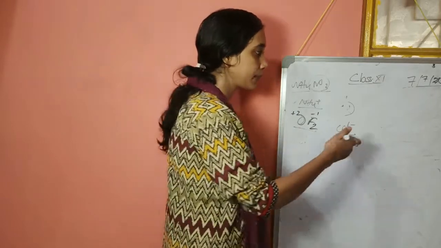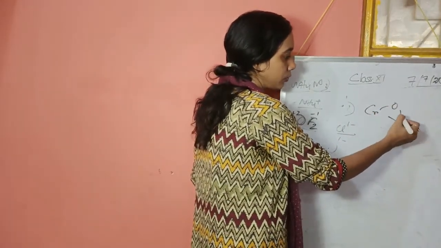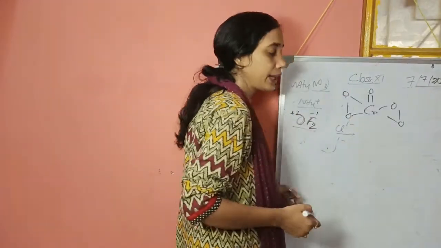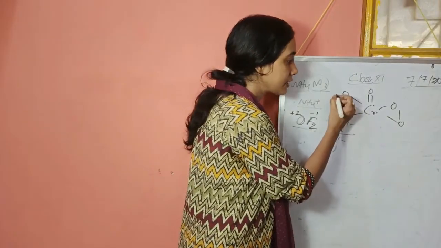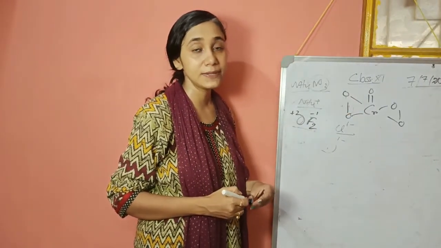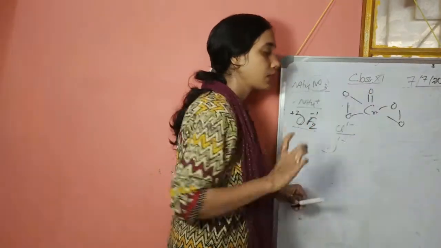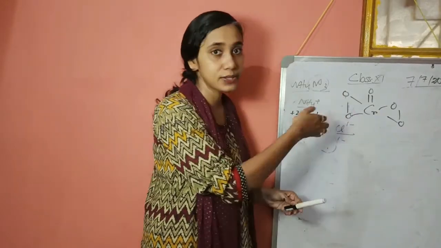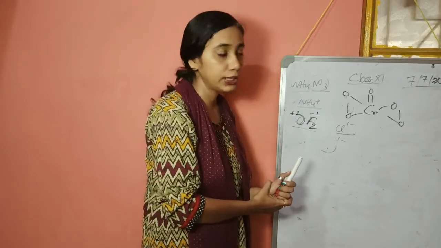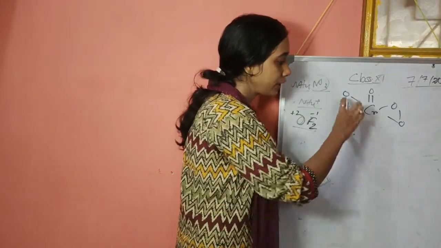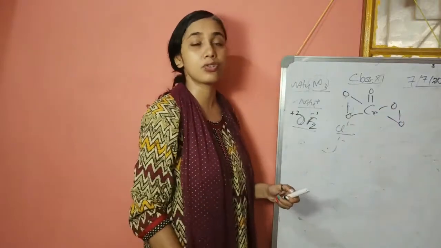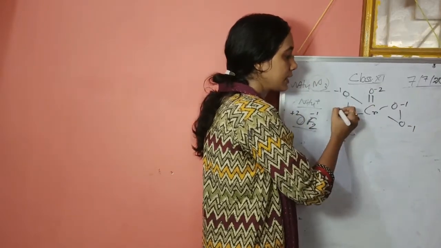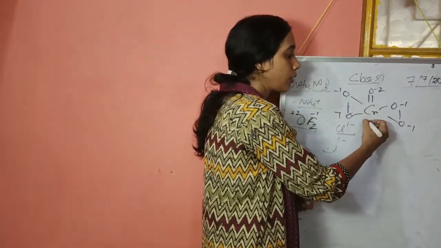I am giving you one example like CrO5, where chromium has a butterfly-like structure, as we say. What happens here is each of these oxygens is -1. The reason is that this is a peroxide molecule with peroxy linkages. When an oxygen is singly bonded with another oxygen atom and another valency is open for another atom to create a bond, then we call it a peroxy linkage. When this kind of linkage is present, these are peroxides, not general oxides. But this one is a general oxide, so it has -2. These are peroxides, so each has -1. So finally, as a whole, the chromium has +6.